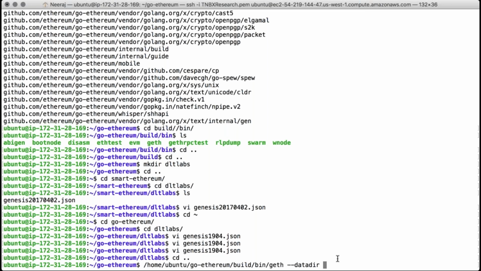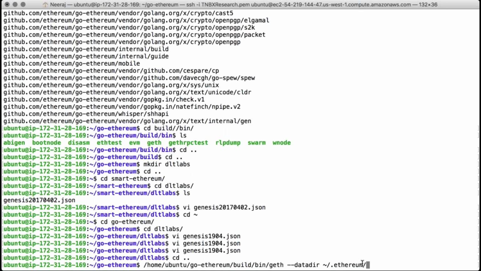Somewhere it has to store it. Again, the standard is generally like this: this .ethereum directory. If you start your main network or private network, you will see that this Ethereum directory is created automatically. So again, it's a good practice: